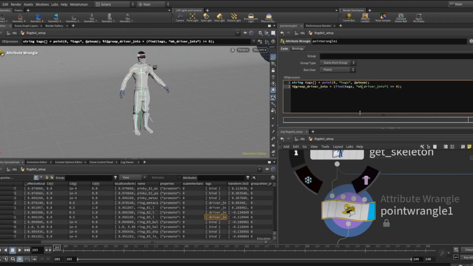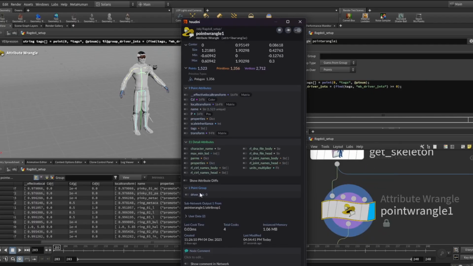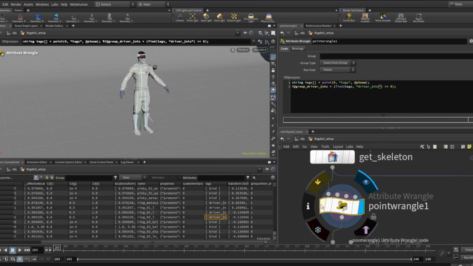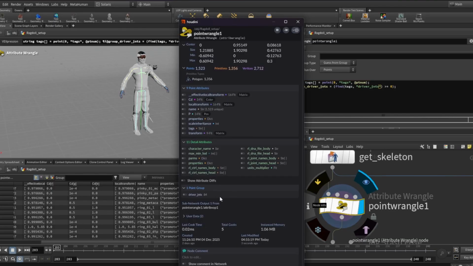I had a MetaHuman that had the tag MH driver joints, so I put that. But if the property for driver joints, the point group, is 0, then just remove the MH. And you should see you have 84 or something relatively close. I know I've had some in the range from 64 to 84